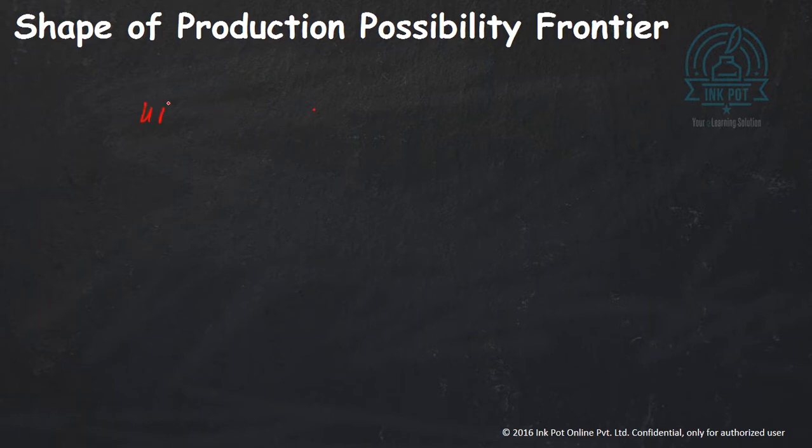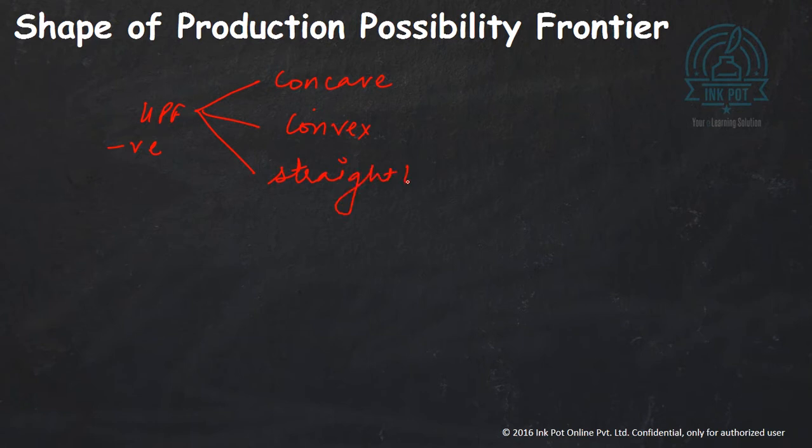When we did the UPF, we had said that UPF is always negatively sloping, but it can be concave, convex or a straight line. And if you have done my welfare assignments, you'll realize practically this also happens. The UPF and PPF are exactly the same with exactly the same functions, so the PPF will also be negative and can also be concave, convex or a straight line.